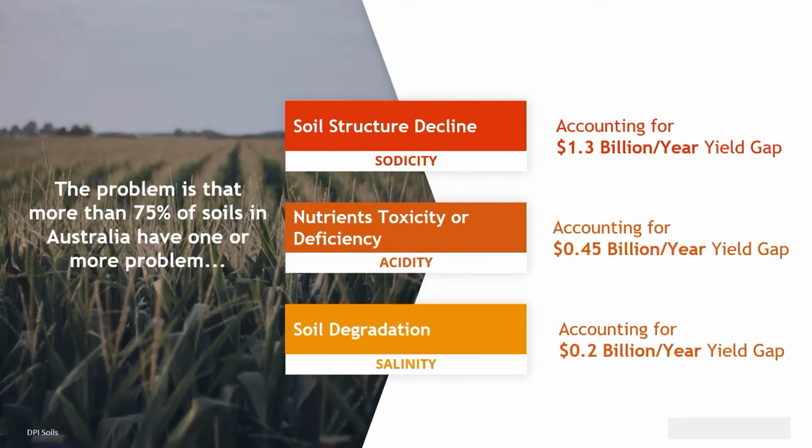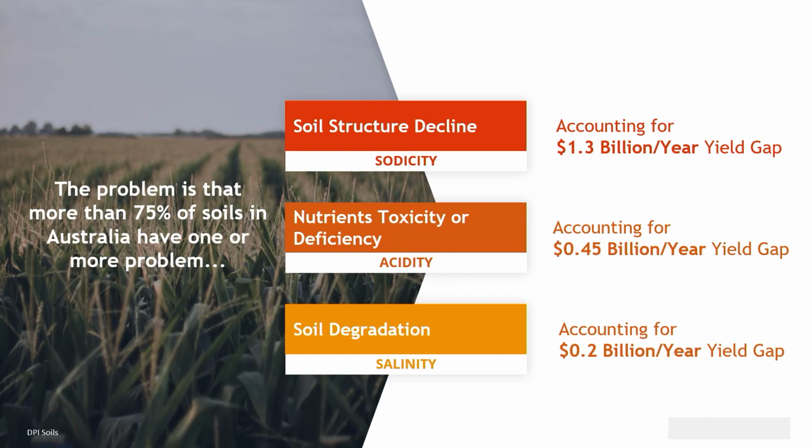So the problem: the impact of multiple soil constraints in Australian agriculture is well known, and I put here 3 major constraints that are affecting the economic performance of the farming systems. Sodicity, which has an impact on soil structure, is one of the major limiting factors for productivity and profitability of the system, and there are estimates of $1.3 billion per annum loss in production, followed by acidity and salinity having